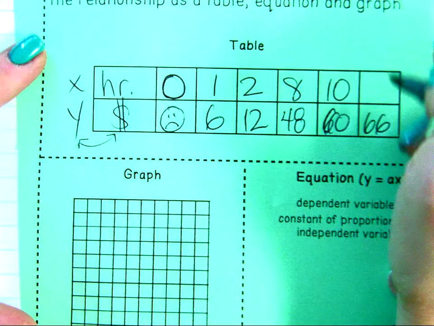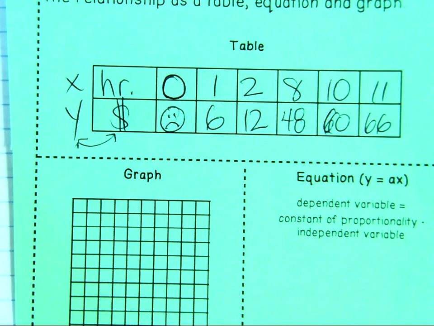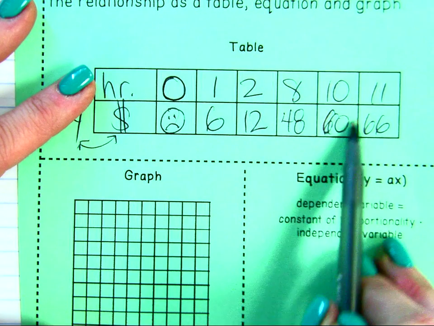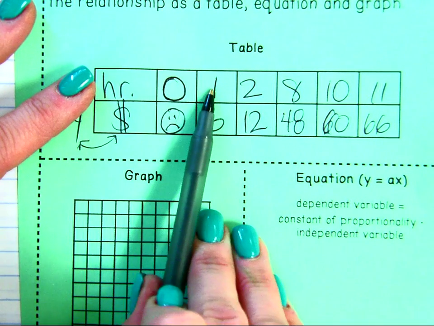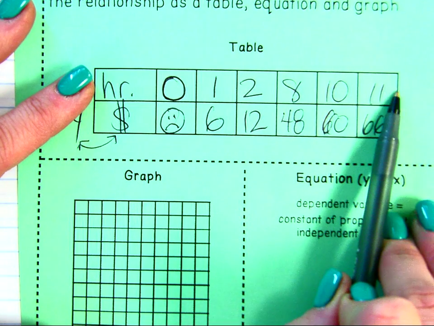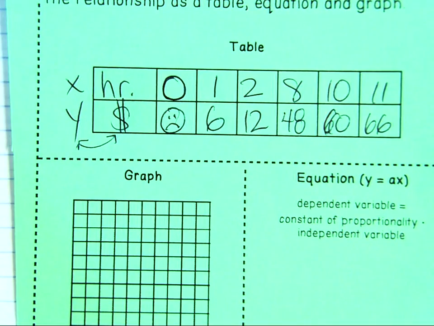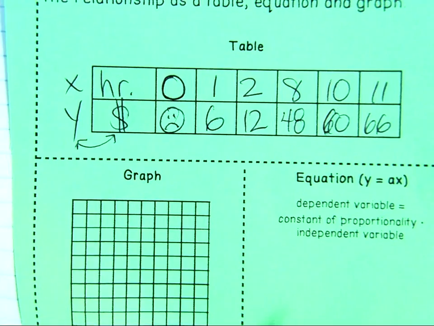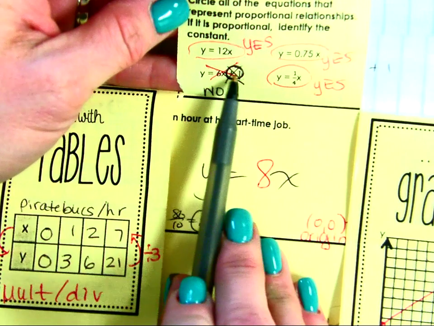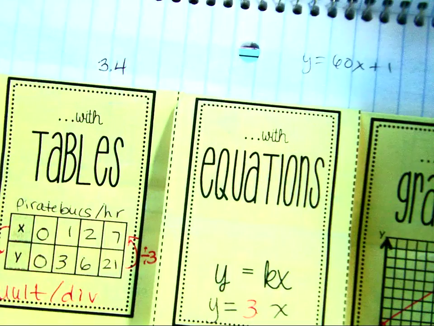Okay, so I want to point something out right here. The only operation you used when you made that table was either multiplying or dividing. You said, oh, if I'm given this, I'm going to multiply it by 6. Oh, if I was given this, I had to divide by 6. So do you understand why when you write the equation, there can't be any plus or minus after? Yes? Remember yesterday when I showed you this sheet that said, hey guys, when you write the equation, make sure there's nothing after it. Yes? Okay, good. So, continuing on.